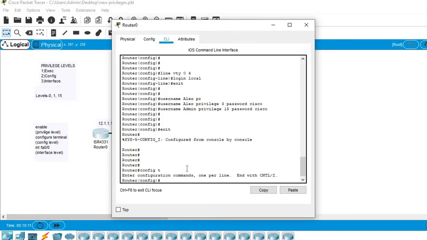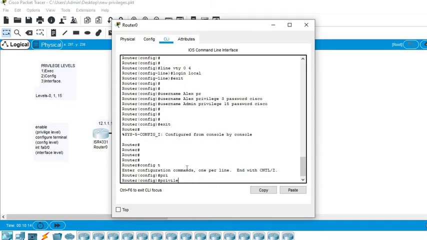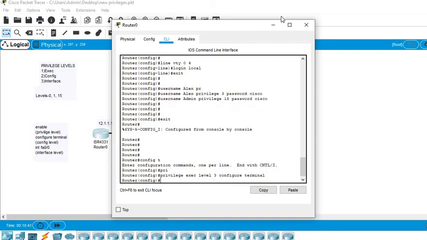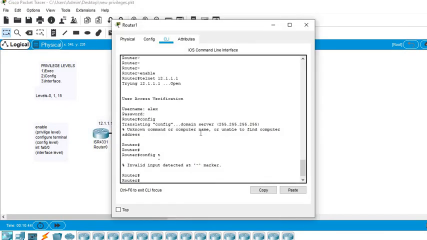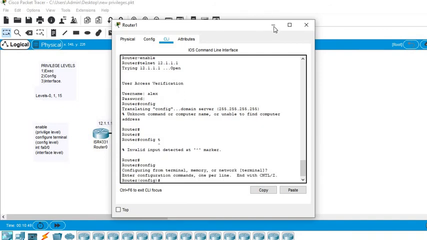So you have to go inside here and start allowing the particular commands, like privilege exec level 3, which is the level of the person. The command I want to run is configure terminal. Why am I using exec mode? Because configure terminal comes under the exec mode, the privilege level. That's why we have used configure terminal. Now that we have allowed the person, if you type configure terminal, he can use that command.